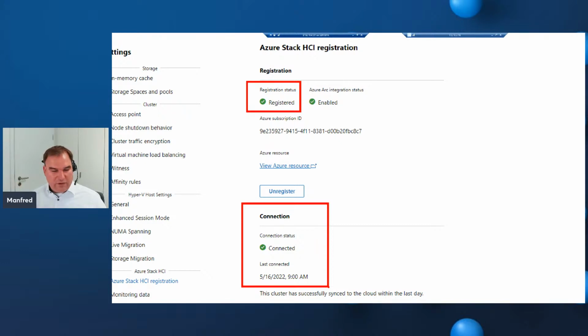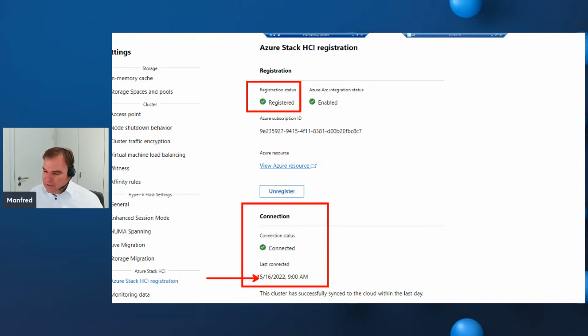If my internet connectivity is available tomorrow, then I will see here the 17th, then the 18th, the 19th, and so on. Every day it tries to connect to Azure to upload the number of cores for the billing, because I mentioned it's consumption-based billing on a daily basis. So if I reduce the amount of cores today, my Azure consumption will be reduced tomorrow because I have fewer cores that are